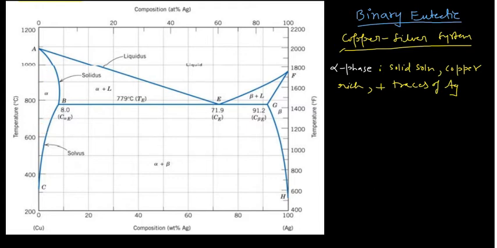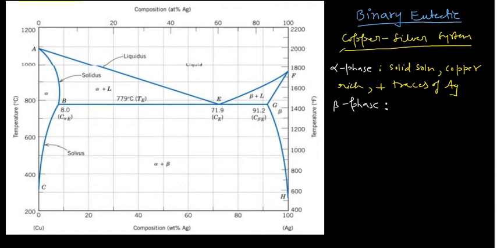Okay, now I am going to give you the next phase. That phase is the beta phase. So what is this beta phase actually? You can see here, this is your beta phase, which is starting from this point F and going to G, and then it is ending at H. So in the region FGH, you are having another phase, the beta phase, and of course that phase is again a solid solution which is rich in silver.